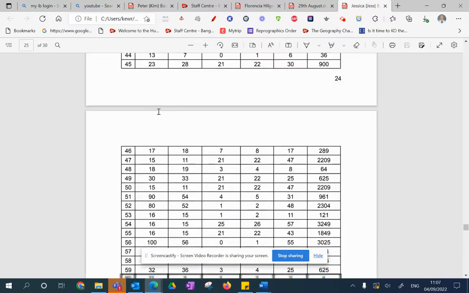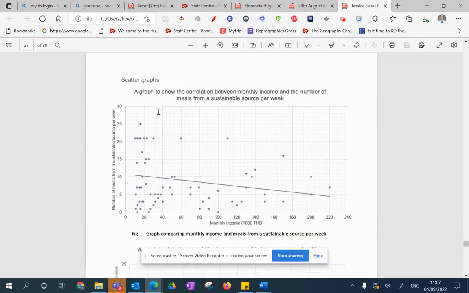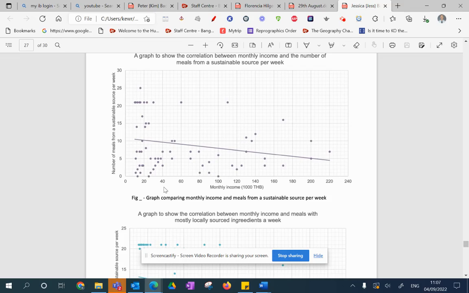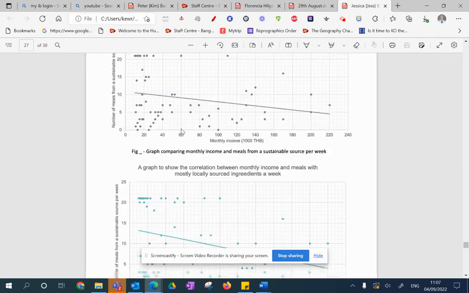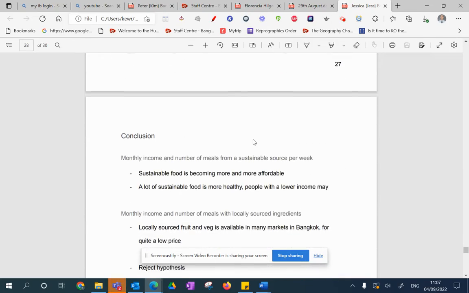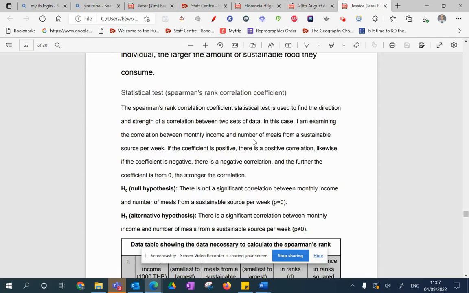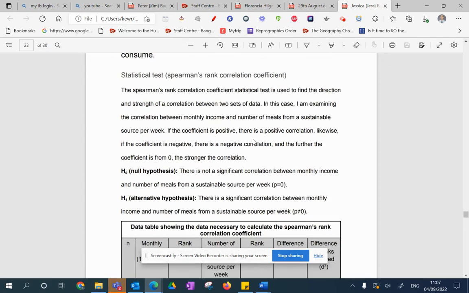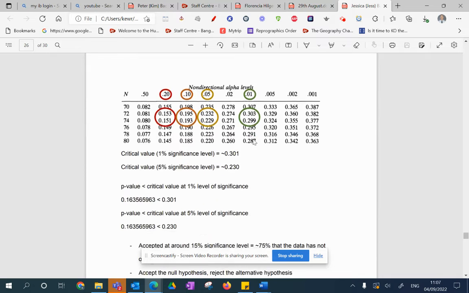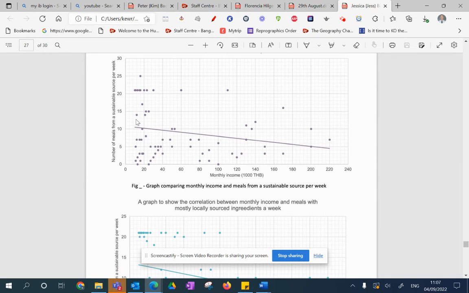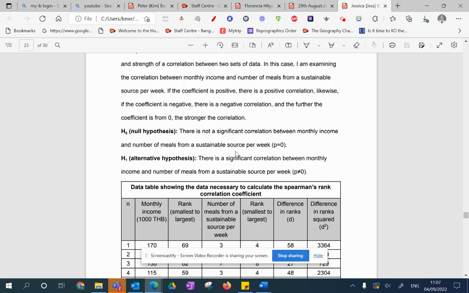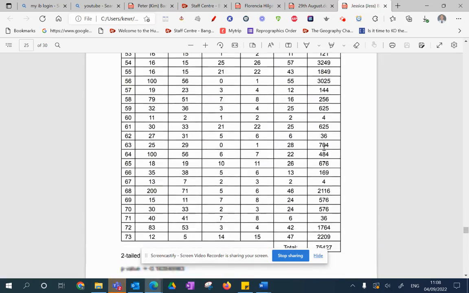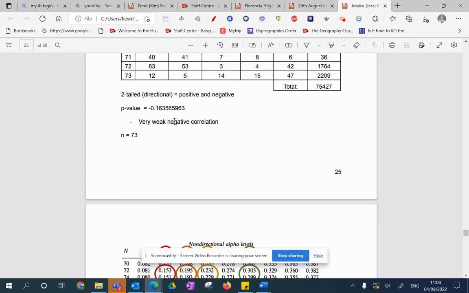So the way I would do this is, you need the statistical test in there, but the scatter graph should go first. And it's a nice scatter graph. It's well produced. That goes in first, and then you must describe the scatter graphs, and then the next thing to do is to link it to the Spearman's rank correlation coefficient. So what you're saying then is, let's just go back to the scatter graph. It looks like it's a very weak negative correlation there. But then you'll say you perform a statistical test to further test the hypothesis. So you're linking that, you've got your data table in there, you've got your calculations, and then you interpret it.